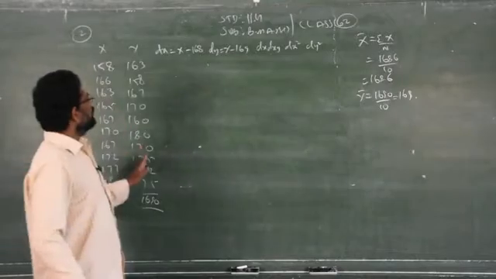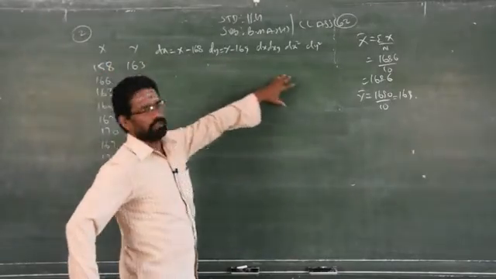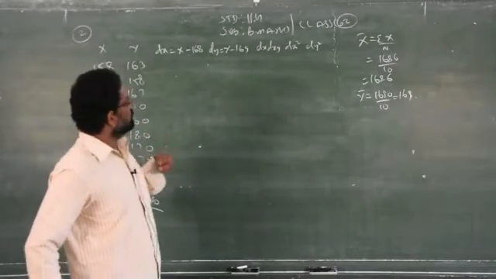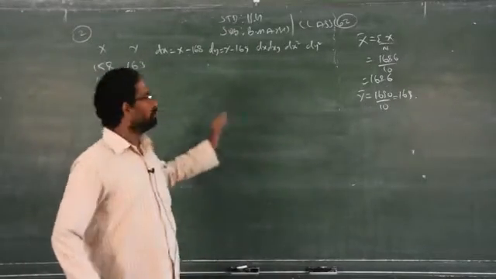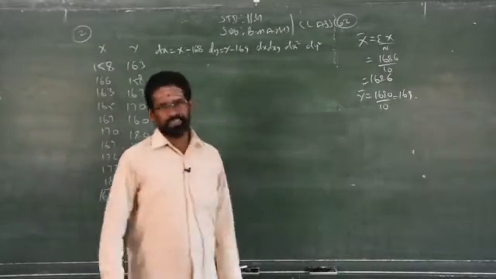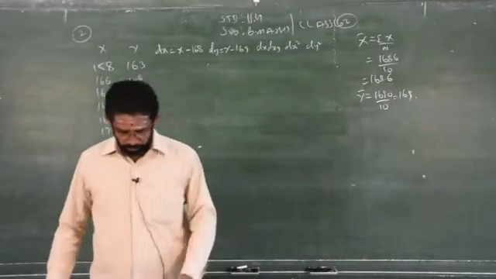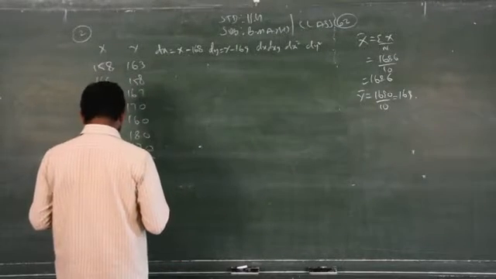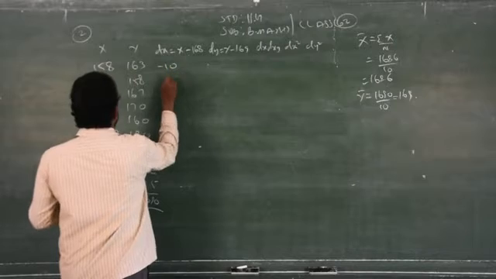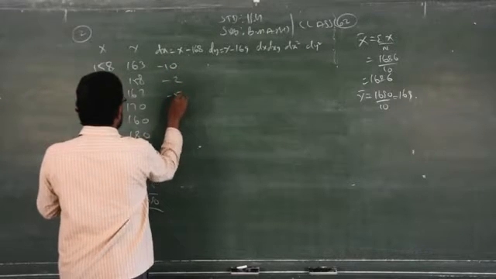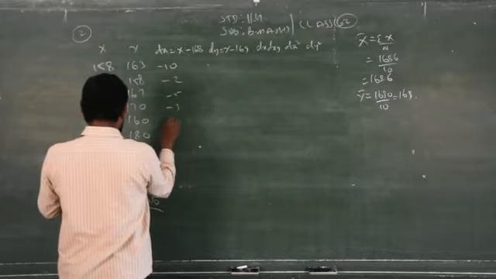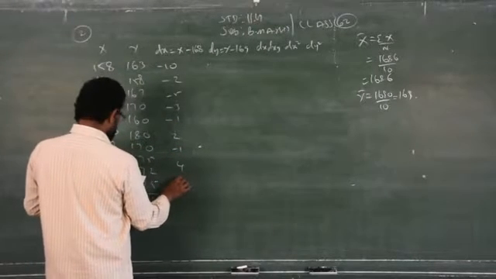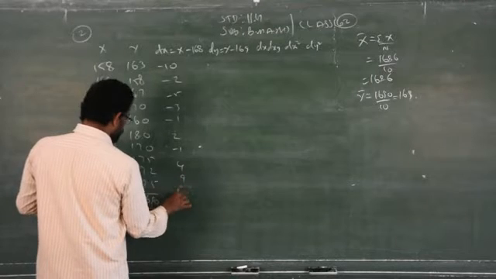Clear? If it is the direct method, x square, y square, xy, three columns are enough. But if you go for the deviation with mean or deviation with assumed mean method, you have to open three more extra columns. That is your wish. You can follow any one method. I straight away write down the answer. Under dx: minus 10, minus 2, minus 5, minus 3, minus 1, 2, minus 1. Please use a calculator and proceed. Clear? Otherwise you will get wrong answers.